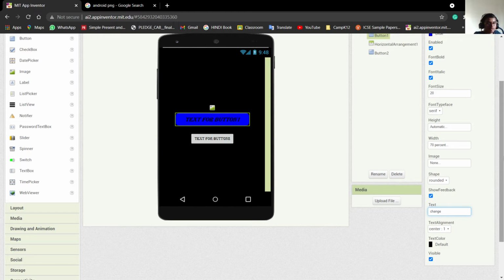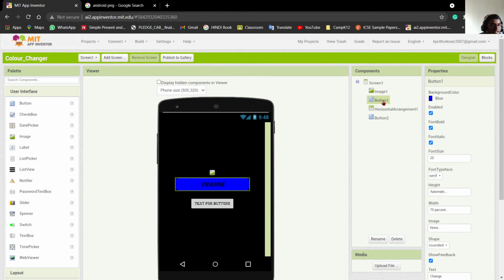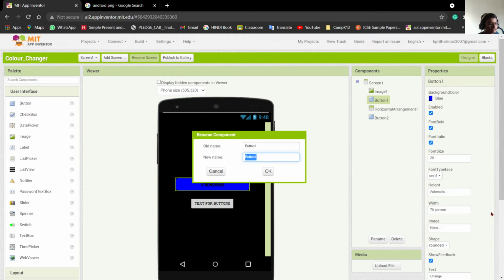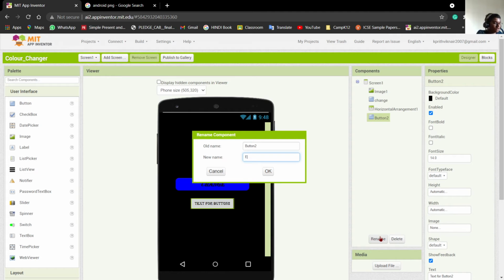change, and the alignment and font color will be the same. We will rename the components, which will make them easier to identify while coding. So the button is changed, so we'll keep the name as change, and Button2 will be our exit, so we'll name it exit,